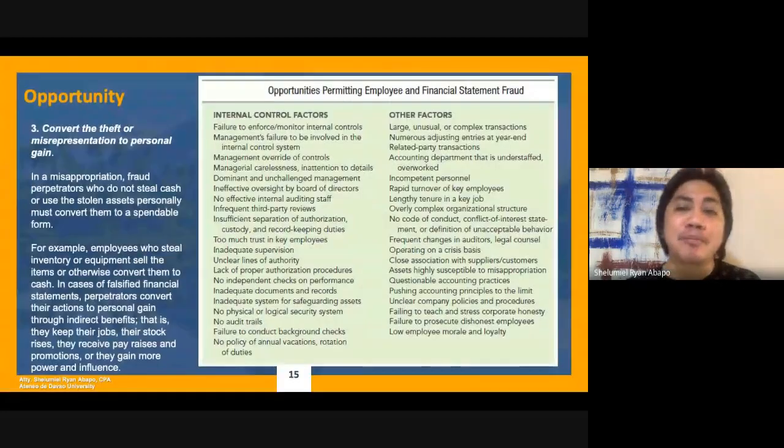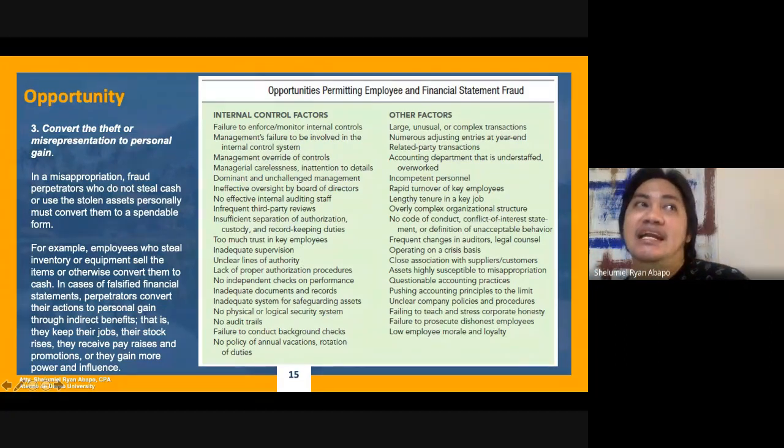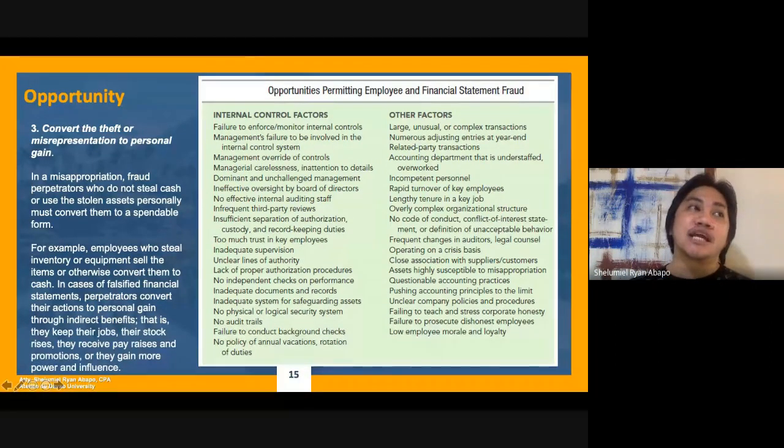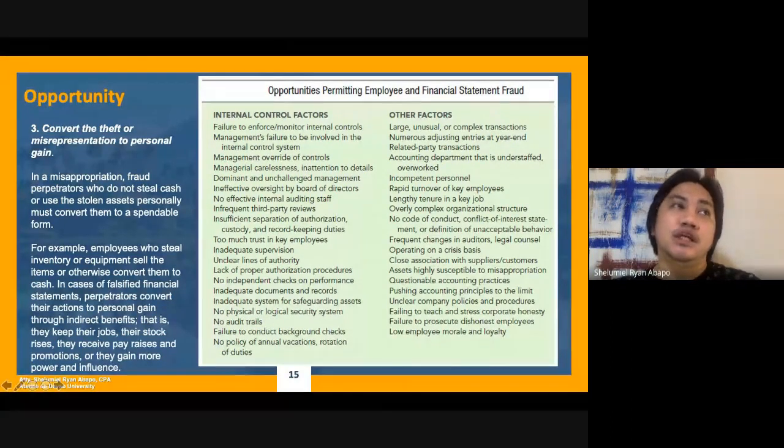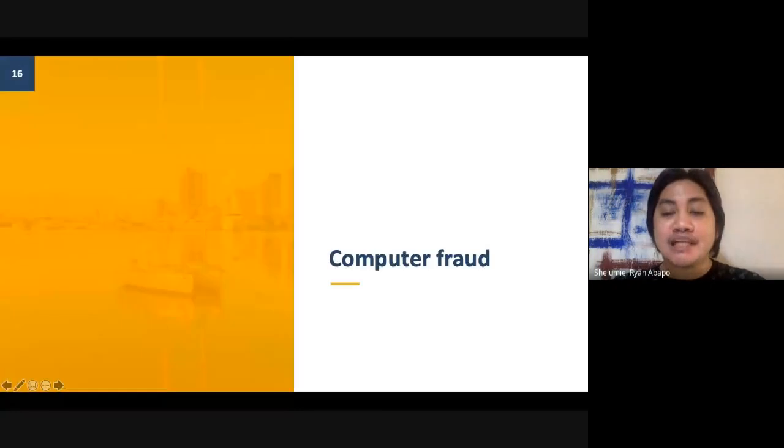And of course, the moment that these two are available, the pressure and then the opportunity, and then you were able to rationalize all of these, and then you've moved into deciding whether you commit fraud or not, then obviously it's up to you. It's up to your rationalization, or it's up to your personal upbringing, whether you will commit fraud or not. Because the recipe is already available. There's already the pressure, and there's also the opportunity to commit it. All right? Now let's proceed to